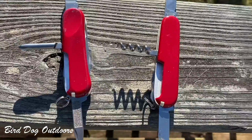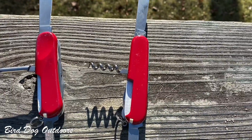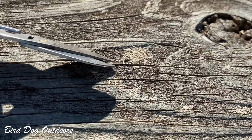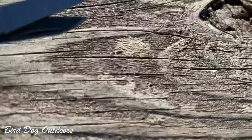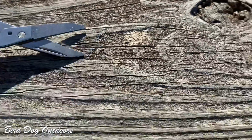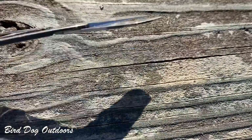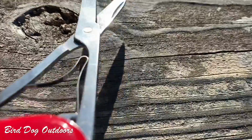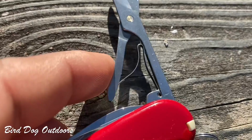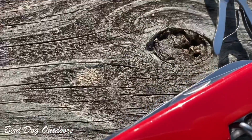Let's look at a few other things. The scissors I have noticed on these two models are different. Let me go ahead and get those out and show you guys what I've noticed. The scissors on the Evolution have a bit of serration on one side. Actually, I'm wrong. They have a bit of serration on both sides. You don't have that in the Huntsman. Okay, so that's one difference. Also, the spring system for these, for the Huntsman or the older style, is quite different than what they've gone to